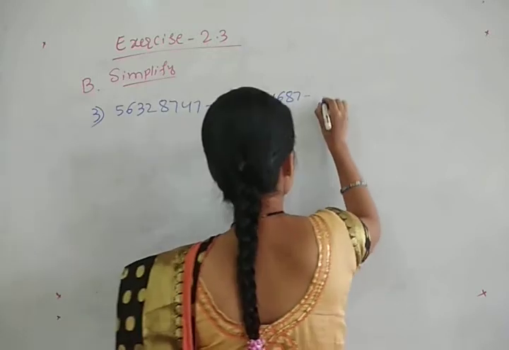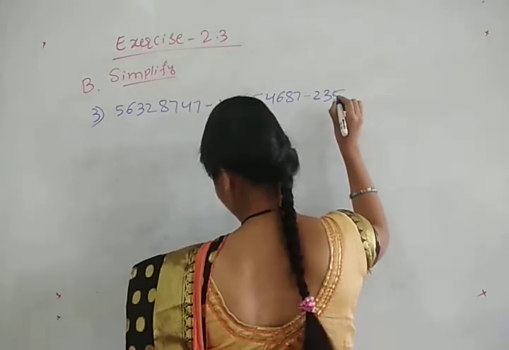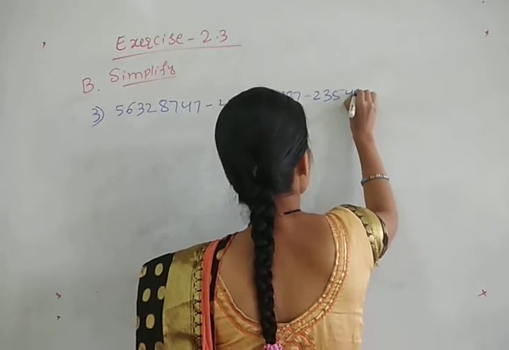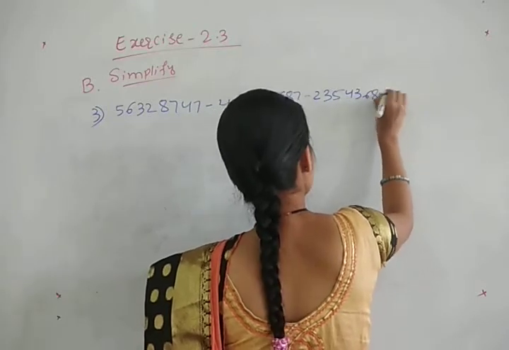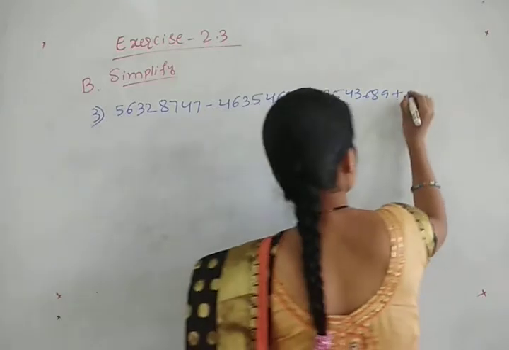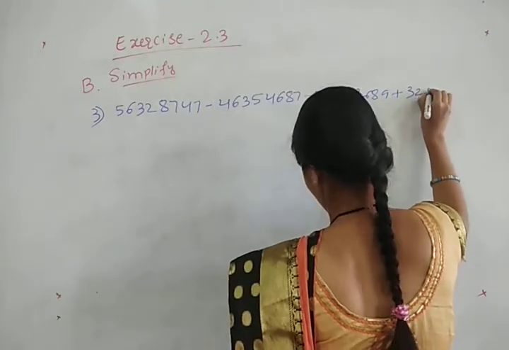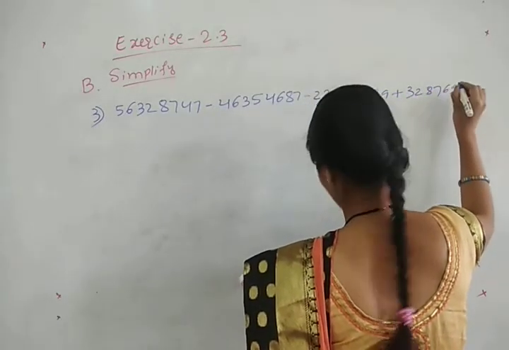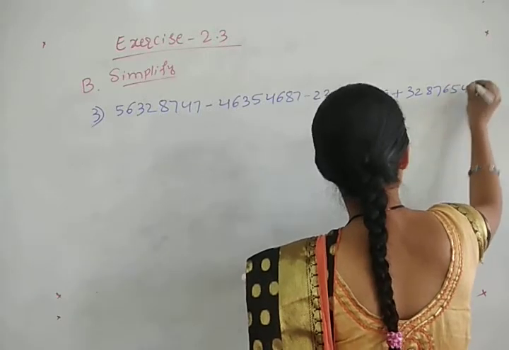Once again minus 2354 3689 plus 3287 6548. Okay,